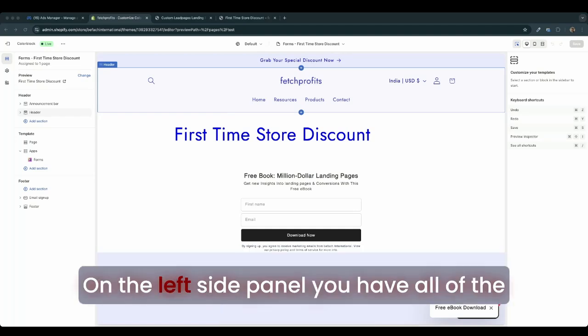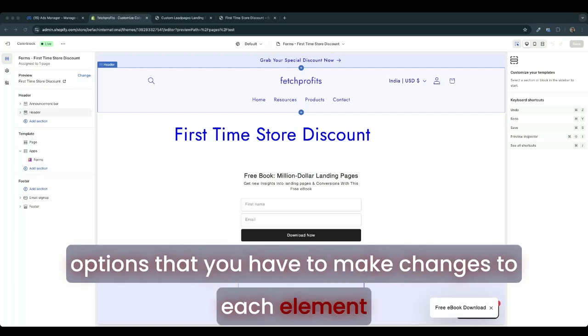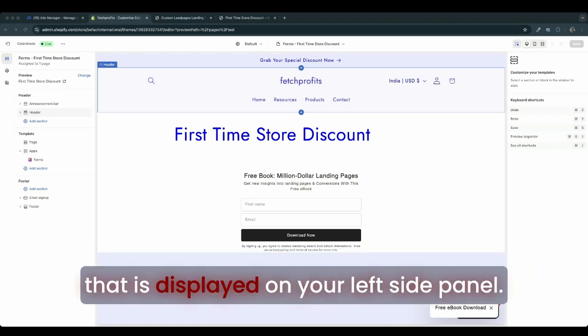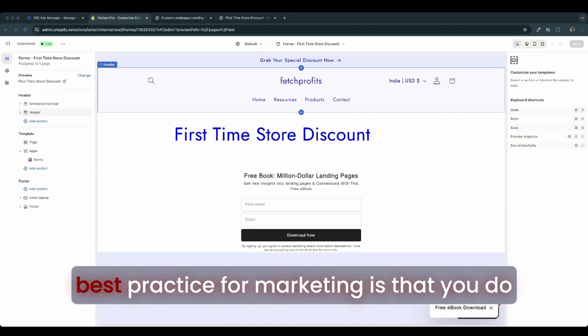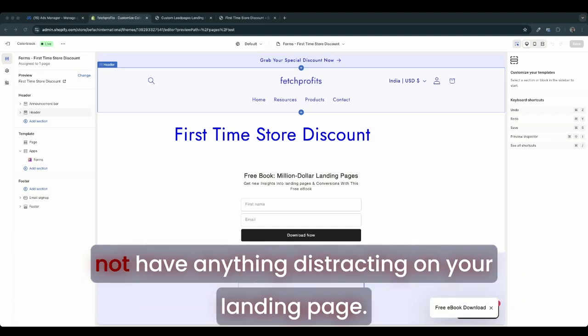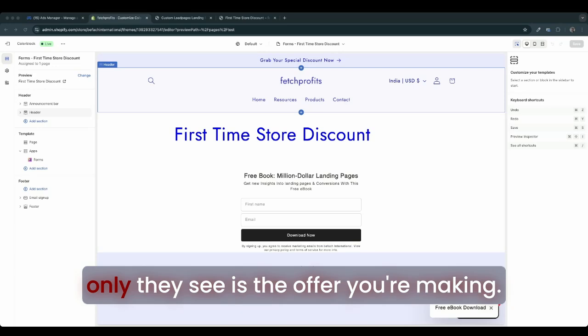Now on the left side panel, you have all of the elements displayed, and on the right are the features and options that you have to make changes to each element that is displayed on your left side panel. So the first thing I would want to do with a landing page, this is the best practice for marketing, is that you do not have anything distracting on your landing page. When people land on that landing page, the only thing they see is the offer you're making